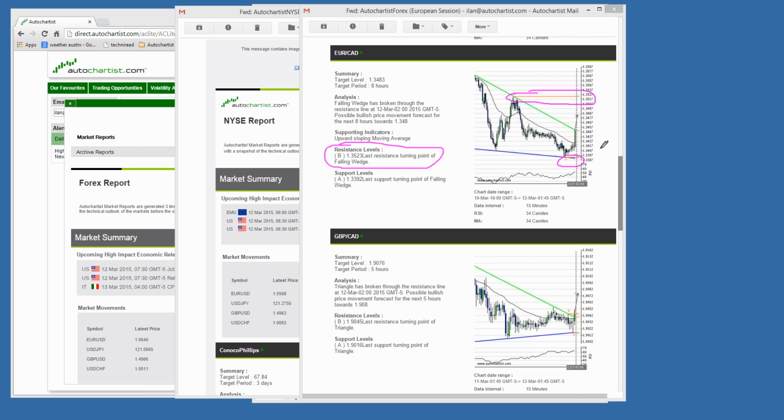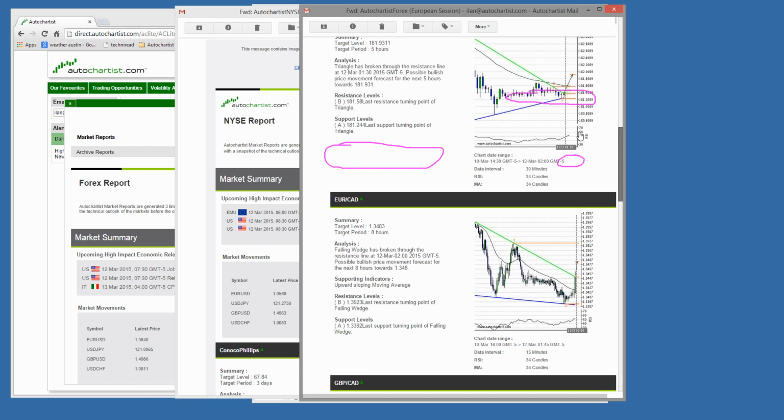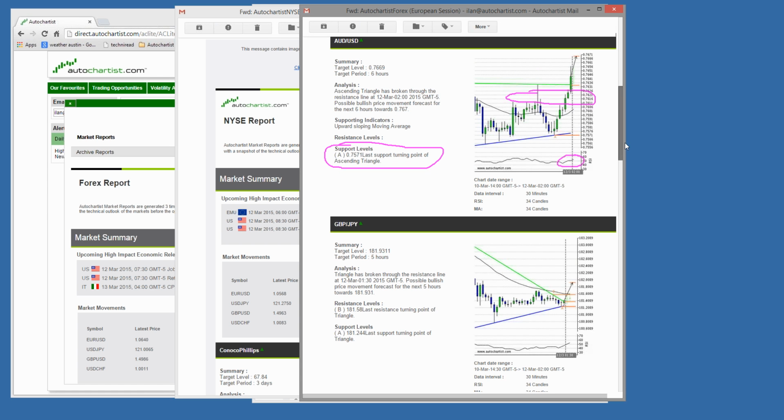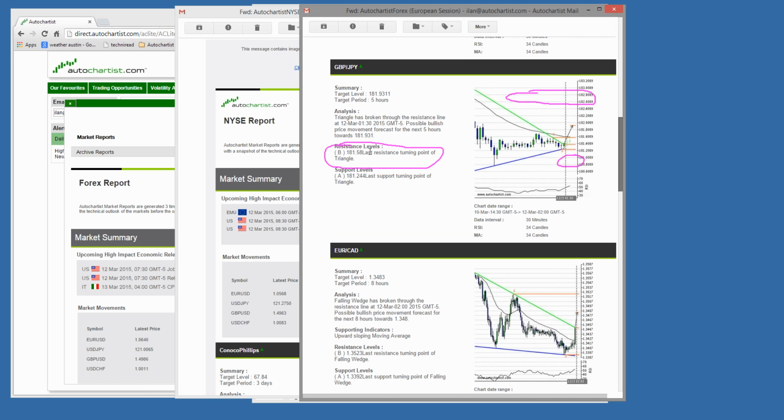Okay, now this is important to look at, right? Because if you look at the previous opportunity, there was no resistance. Where was it? Here it is. There was actually no resistance level, right? Only a support level. We don't know where the resistance is in that price, right? We only know our target. Whereas in this opportunity, there is both support and resistance levels.